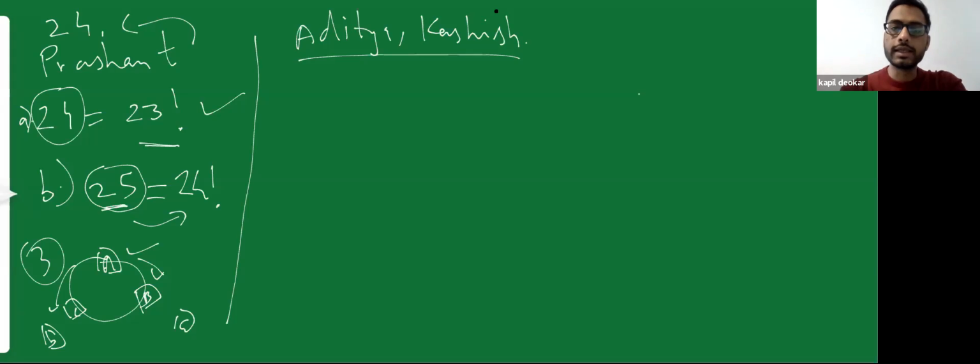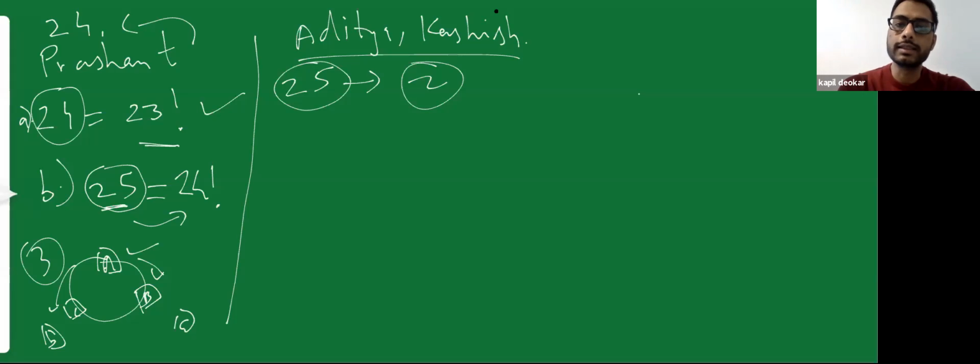Now consider this scenario, that Aditya and Kashish are best friends and they should sit together around the dining table. So let us say that we have 25 people, including Prashant as host. And out of these 25, Aditya and Kashish are 2 friends who should always sit together. In how many ways can I arrange that? So this is a big dining table.